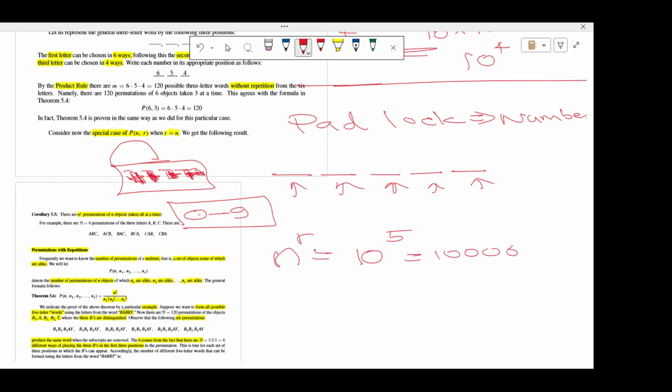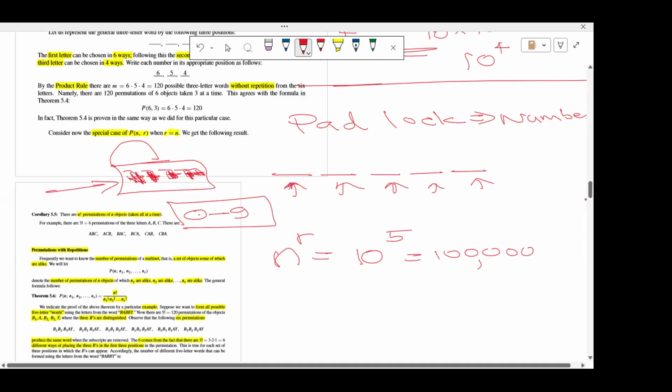10 to the power 3, 10 to the power 4, 10 to the power 5. That is 1 lakh, 100,000. You need to check the passwords 100,000 times if you want to find out the correct password for this padlock. This is one way. Another way: